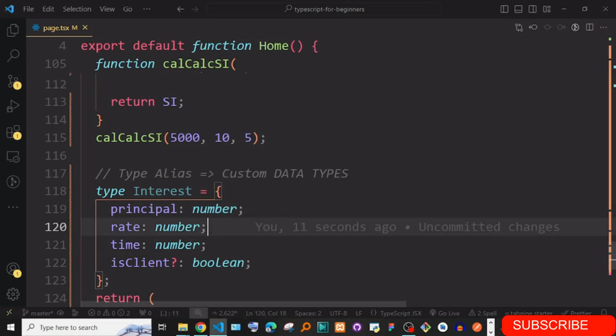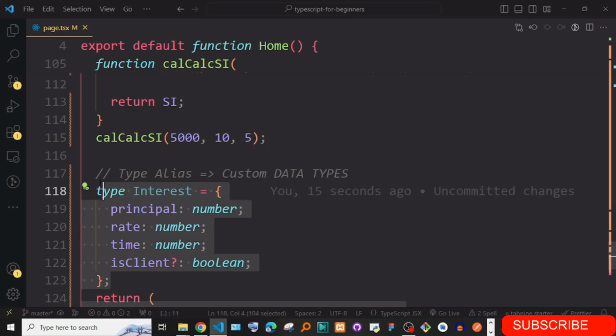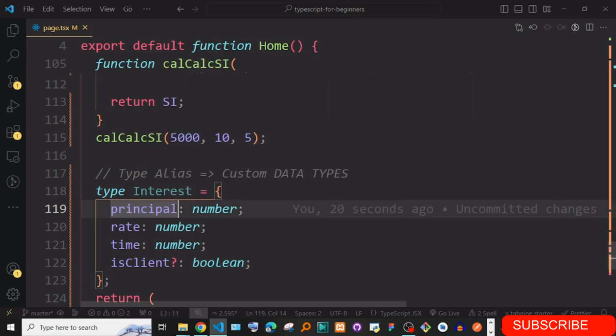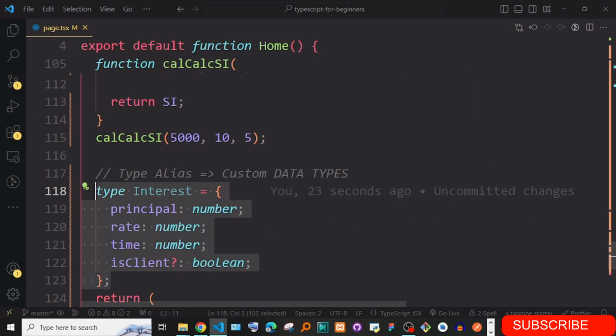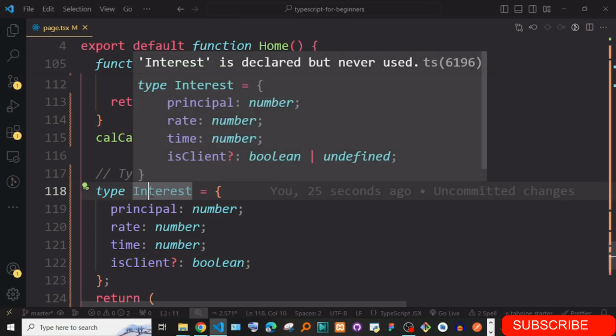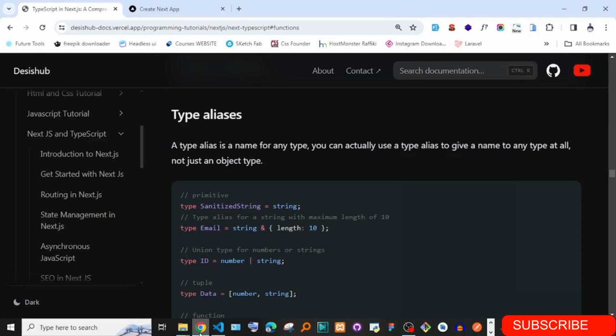Even if you put commas, the editor is going to help you put it back like this. So this is what we call a type alias, like a custom data type. You just define it, and then you can start using it in your code, or in other places.